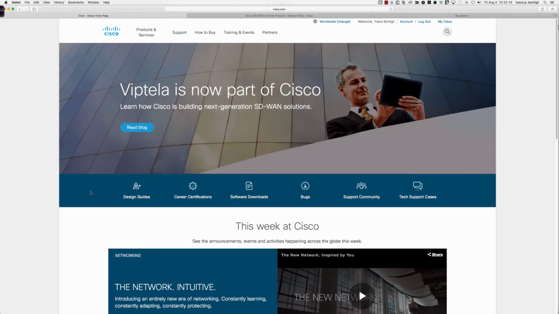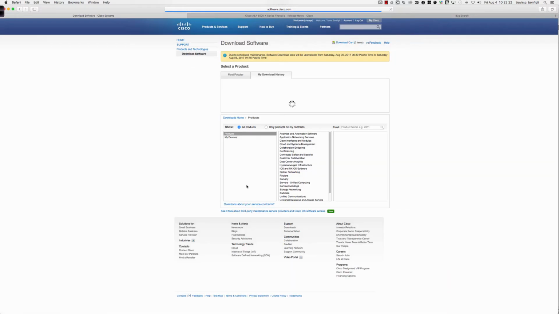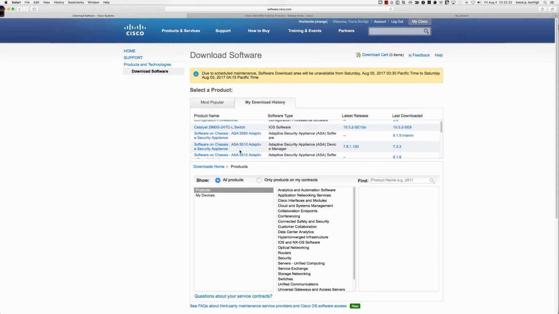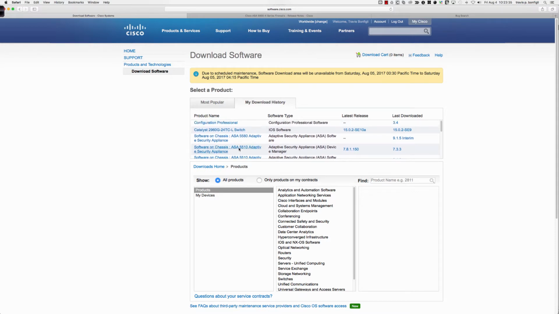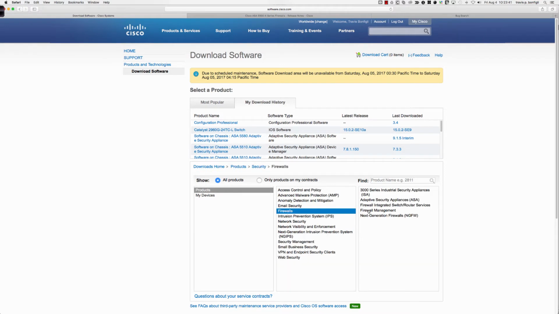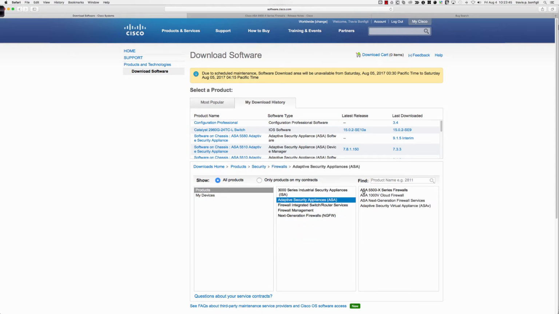If I go to software downloads right here, we're going to click on software downloads. Let's make this a little bit bigger here, to make it a little easier to look at. And you can see that I've done some downloading here for both work as well as home. And let's go to security, which is right here. We're going to go to firewalls and adaptive security appliances. Now you'll notice it says